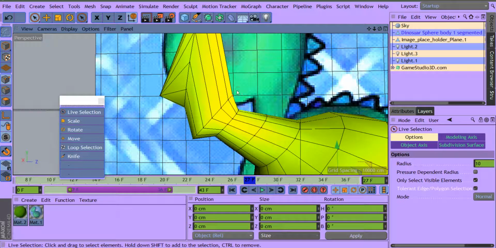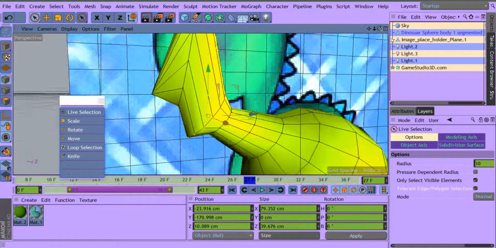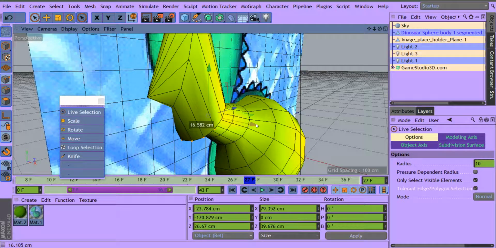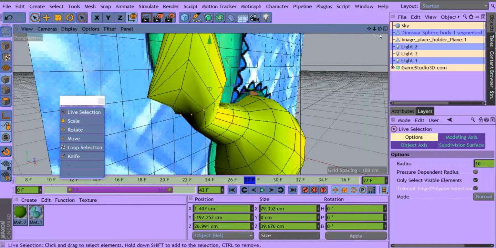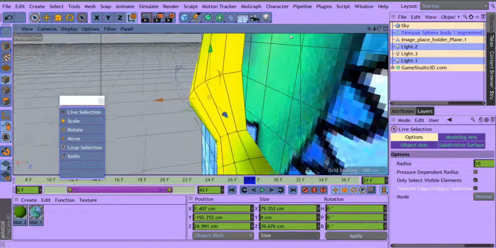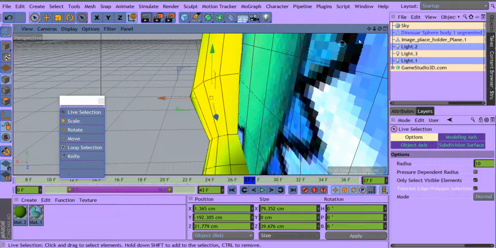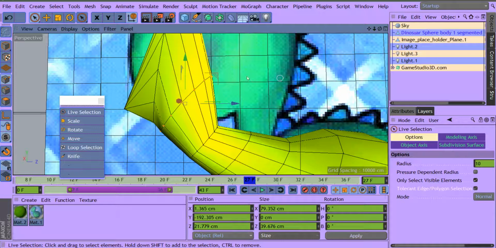so we have these polygons selected here, these points. And we can turn and make sure we have them selected around the whole loop. And then I'm going to pull these back out a little bit and up. There we go. Up. Let's see how we're doing over there. And then I can see how far we are here. Straighten that out a little bit. Okay. Now I'm going to get back on this